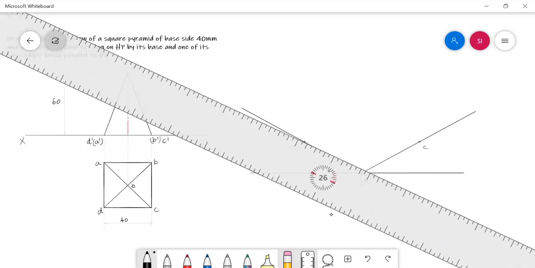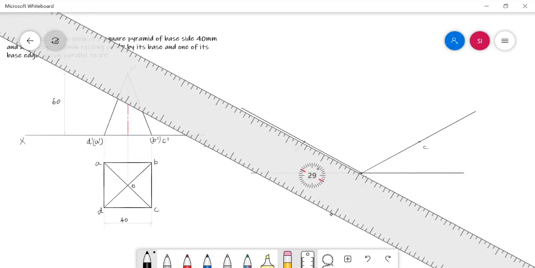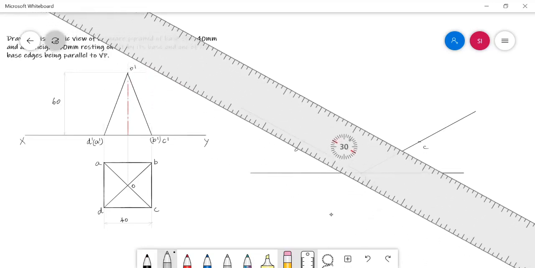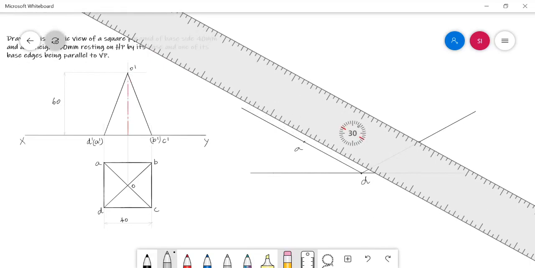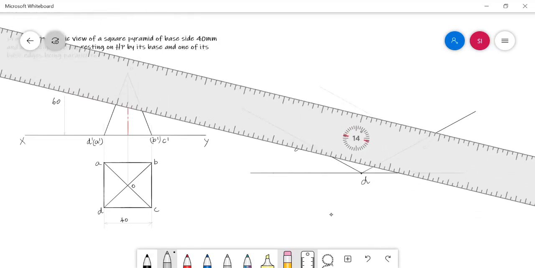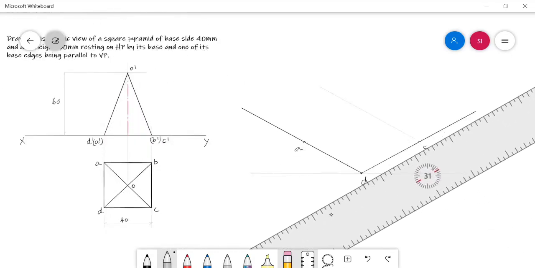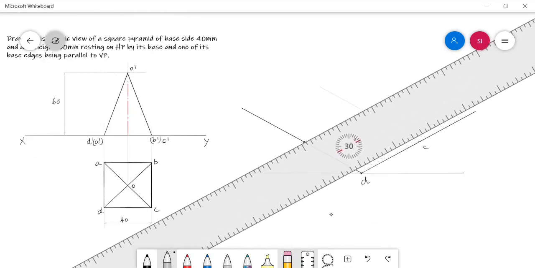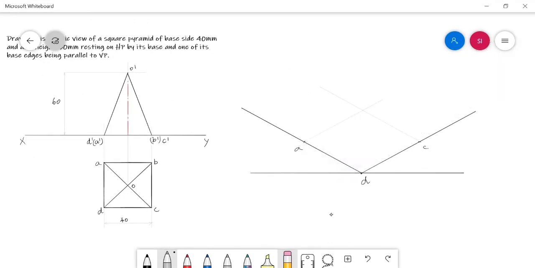Make your drafter parallel to the line AD and draw a line from C. In the same way, make your drafter parallel to the side CD and then draw a line from A. Now you can locate the corner B here. After completing this, we can darken the edges, only the visible edges.